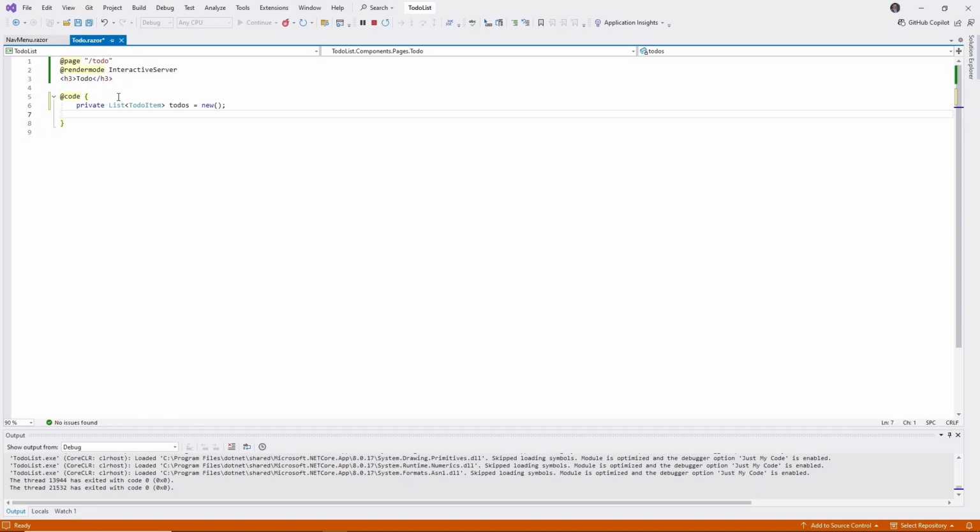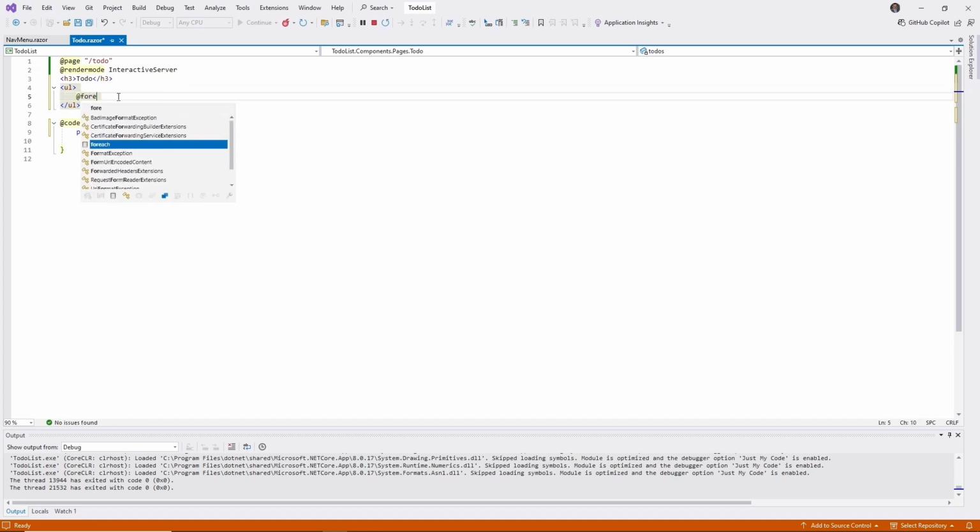Then render an unordered list of all the to-dos using a foreach loop. Here below this h3 element, UL element, foreach, var todo in todos,